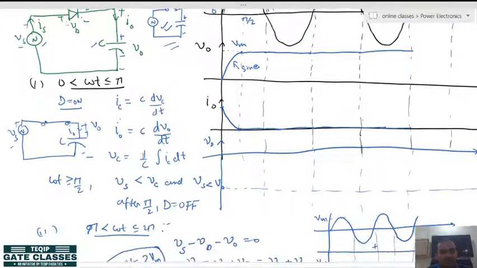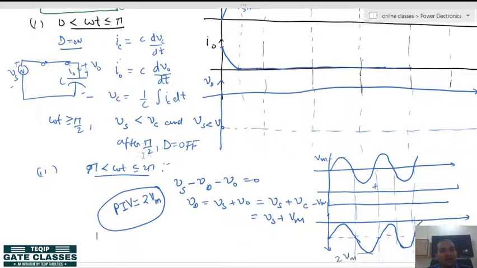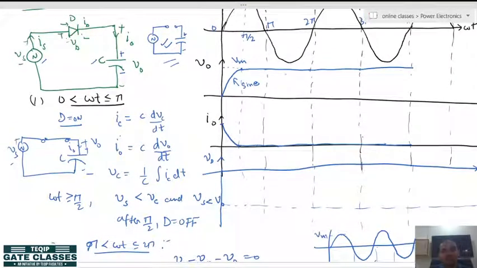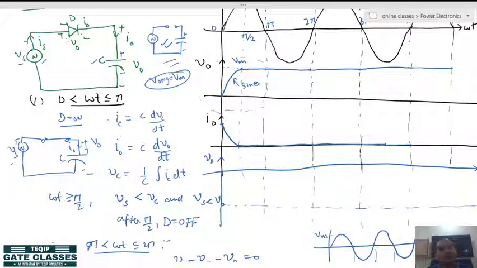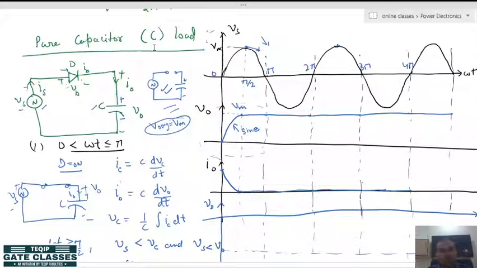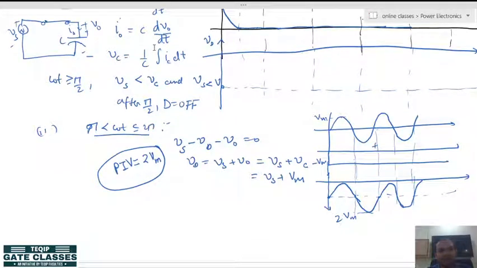All right. If you want to calculate the average output voltage here, for infinite cycles, if this voltage is continuing for infinite cycles, just leave this half cycle. If you exclude this half cycle, the average output voltage in this case will be a constant Vm value. But we do not take such cases, because we cannot utilize it in this circuit anywhere. Whatever we have in our UPS systems, that is a capacitor in parallel with the load, which is something different. So, in this lecture we are covering up to this point.